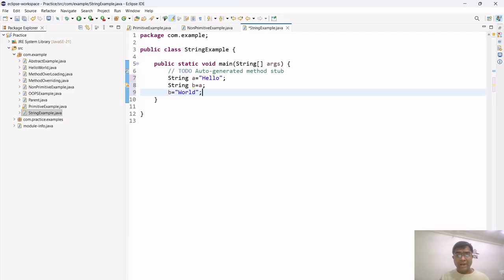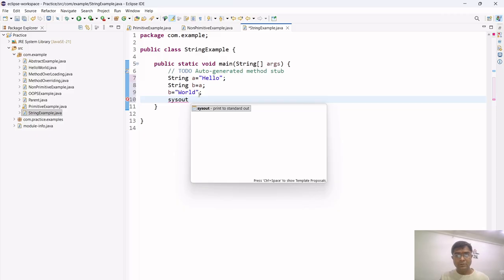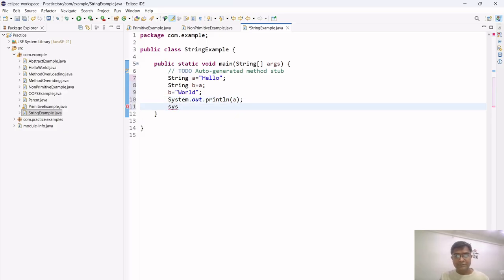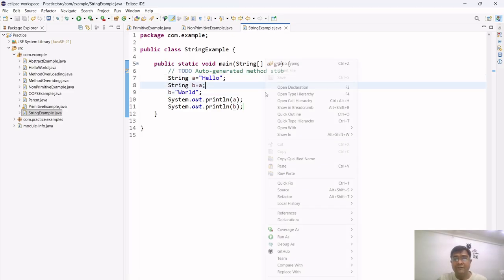So if I try to print this, I'll try to print A and I'll try to print B as well. I'll save it. Now, what do you think? What can be the output? We are not modifying this hello, right? So let's see what's the output. If I right click and run as a Java application here,